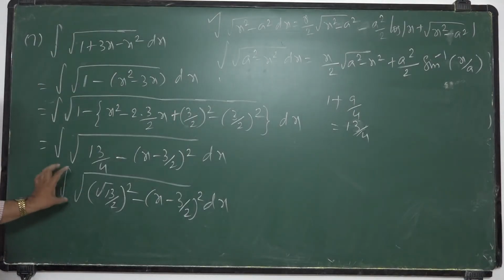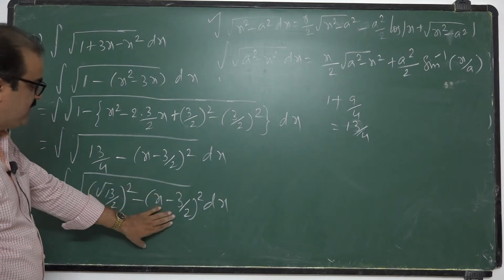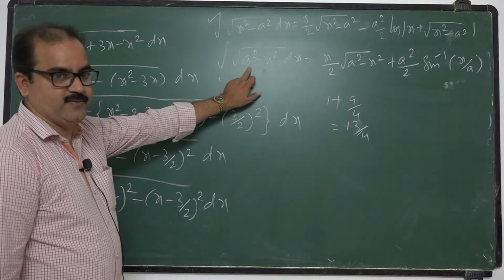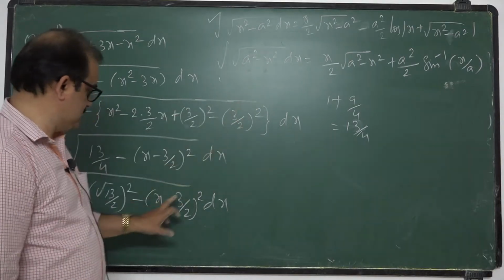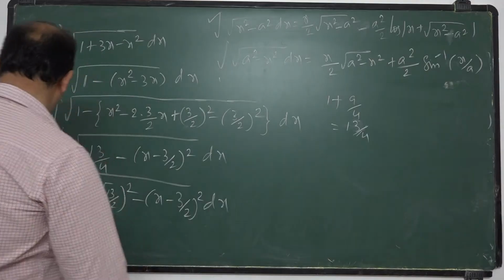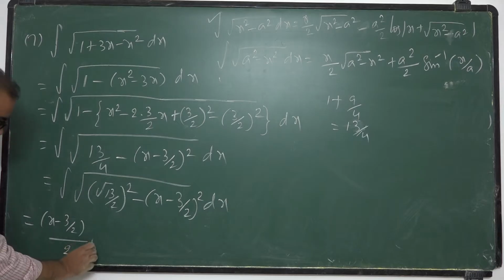Now this problem is in the form of integral root of a square minus x square dx. So you apply this formula. What is a? Root 13 by 2. What is x? X minus 3 by 2. Apply this formula. X minus 3 by 2 by 2 to root of a square minus x square